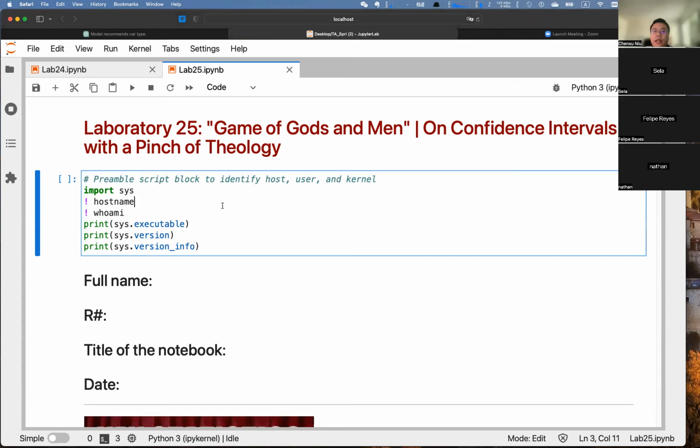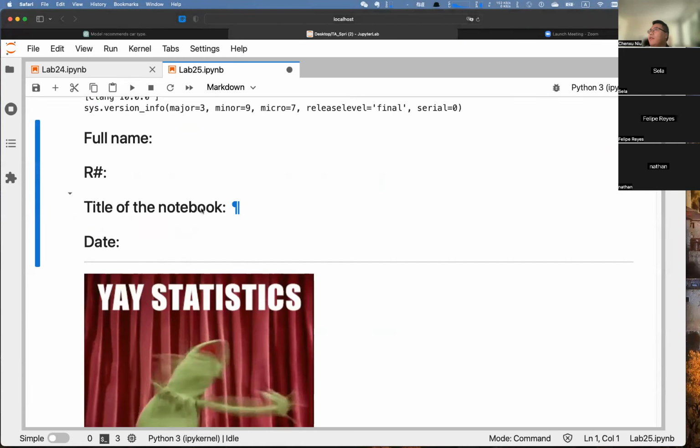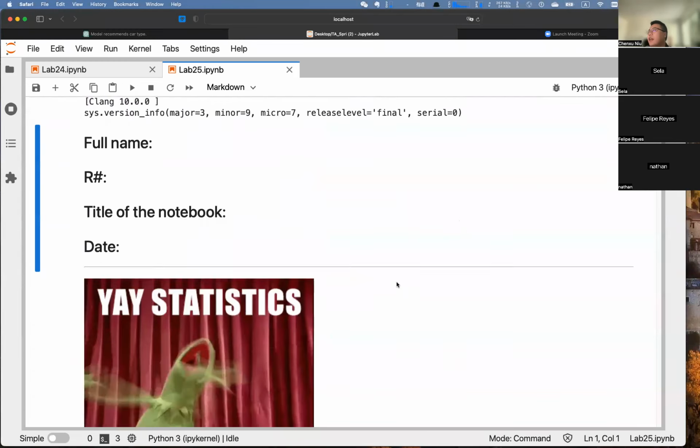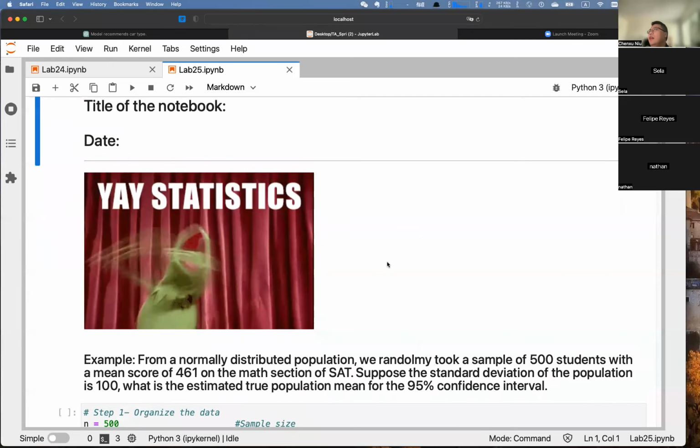Please download Laboratory 25 from Blackboard. Today we are going to learn how to write code about confidence intervals. As usual, please run the first script to identify your hostname, username, and kernel information, and fill in your name, your number, title, and date. Okay, we are going to learn the confidence interval, and let's